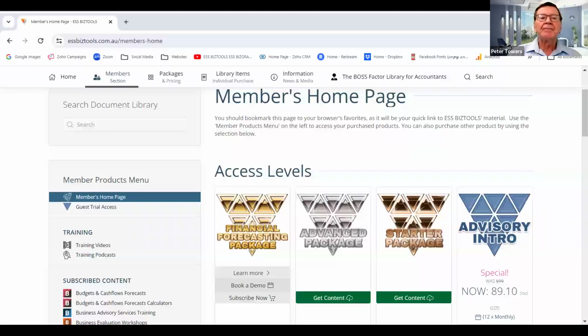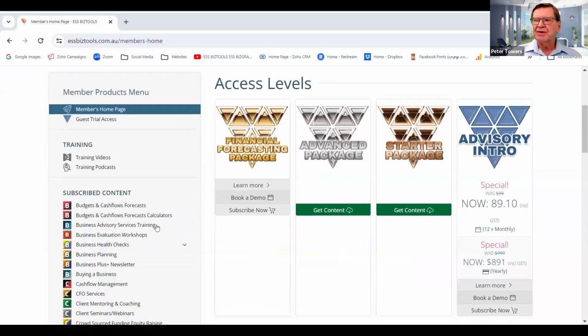So the typical development within the ESS BIZTOOLS website. We're bringing that up. We should see that material website. What we see across the page with access,